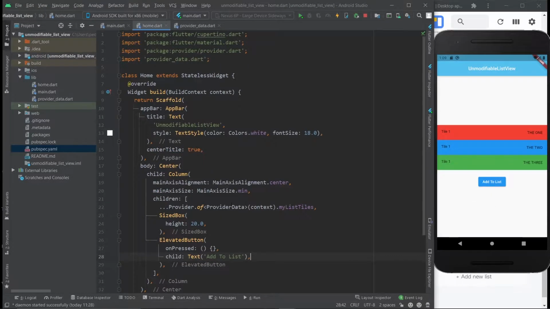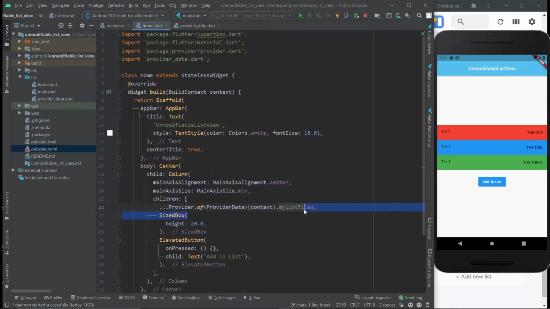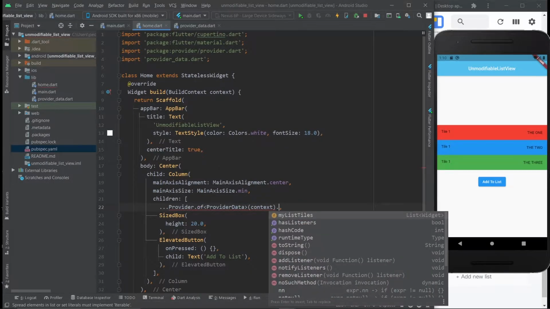And the way that happens is by using a spread operator and then accessing the list through the Provider.of method and then picking the list, right? Like this. If you don't know anything about the provider package, this expression right here is essentially how you reach whatever is on this file right here. As you can see, it's called myListTiles, and if I delete this, and I delete the dot, and I hit the dot again, myListTiles is what shows up. If there was more information, more methods, or more variables, or more lists, then they would also show up in this list. That's pretty much it.